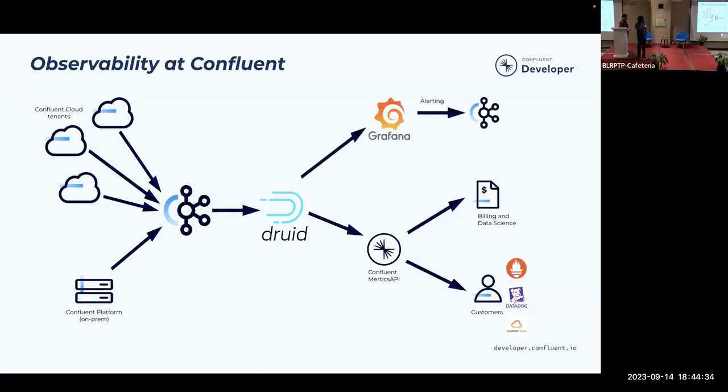Yeah, so we have one product called Health Plus, which is again a Confluent offering, which provides alerting and notifications for customers who don't want to use Datadog and others. They want to use Confluent's native alerting and notification. That is powered by Grafana. Grafana pulls metrics from Druid and sends out the alerting events to Kafka. Then their own Health Plus application takes care of sending notifications and emails, etc., to the customer.